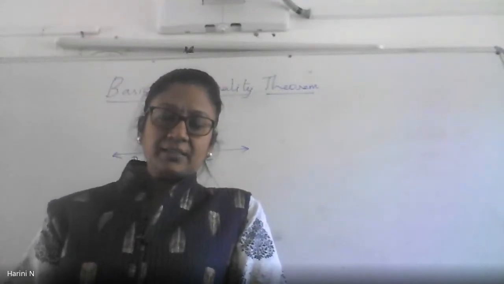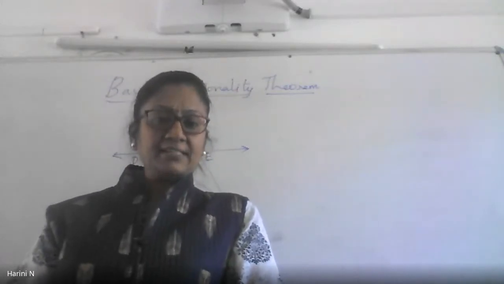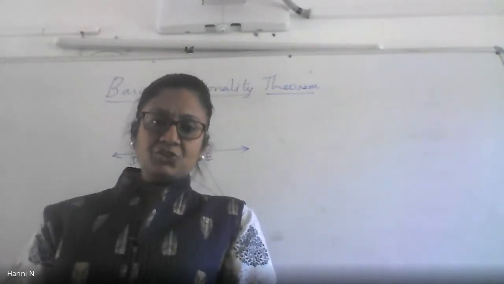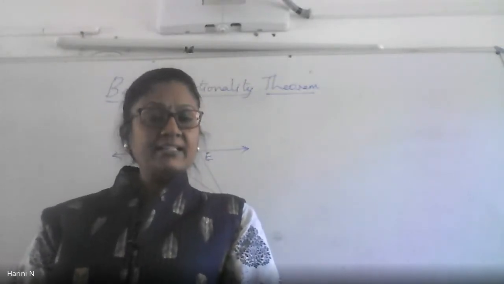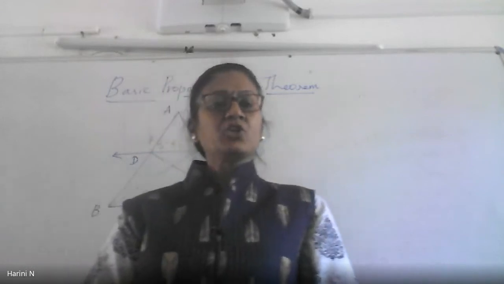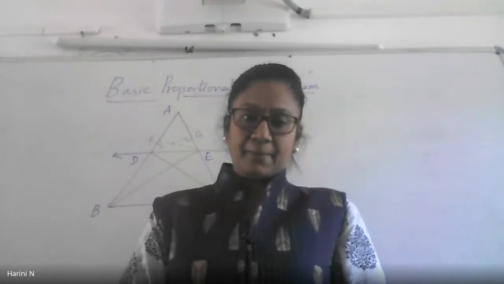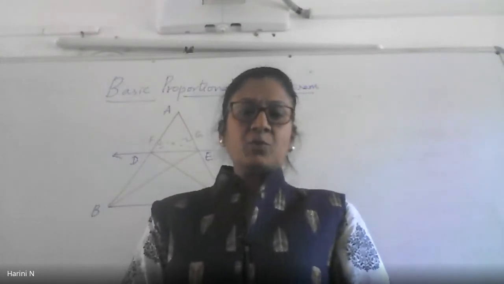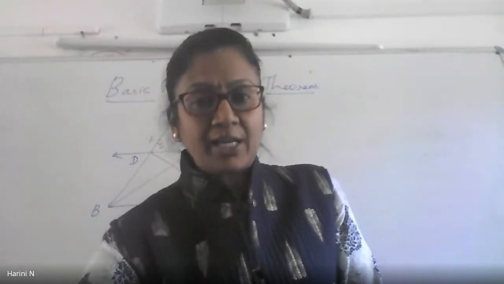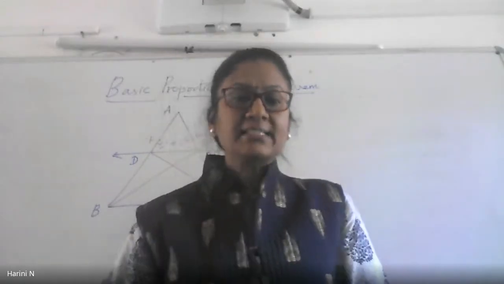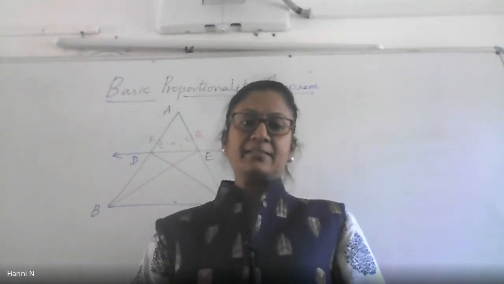Two figures are said to be congruent only when they have both their shape and size identical. Only when the shape and the size, both of them, are identical for two given plane figures, they are said to be congruent. But when we talk about similarity, one of these conditions is not necessary. That is, two figures will be said to be similar when they have the same shape but not necessarily the same size. This is the basic difference between congruence and similarity.